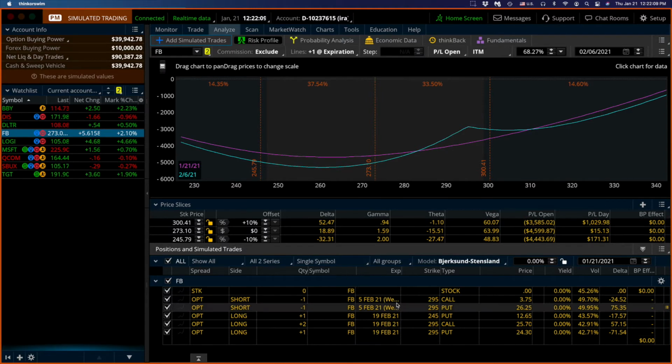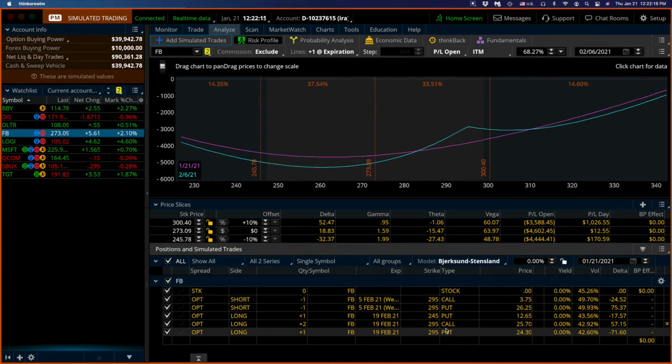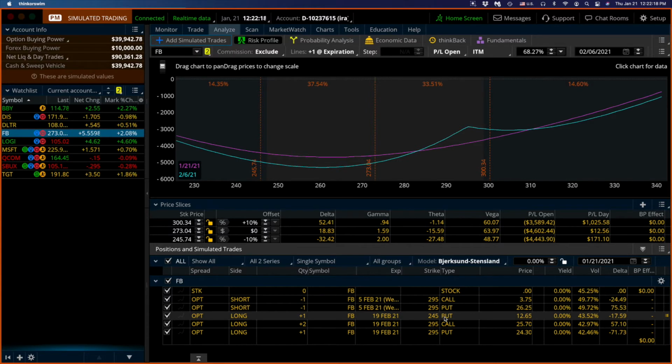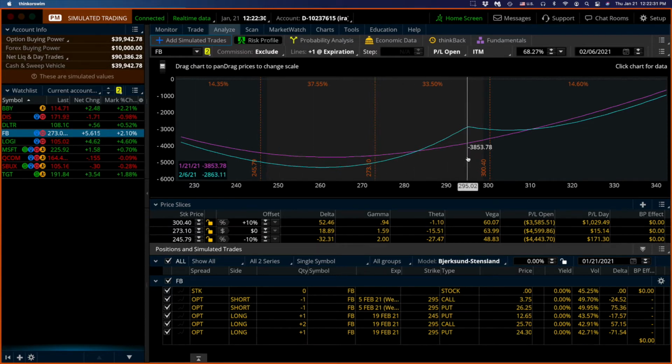So these 295 calls were way out of the money. The puts are deep in the money, and I have a long put at 245 way down here, so I think we're fine. We're not going to lose much money. But if the stock jumps, it's more like a lottery ticket. If the stock jumps after earnings and does reach 295, we will make good money. Let's go to